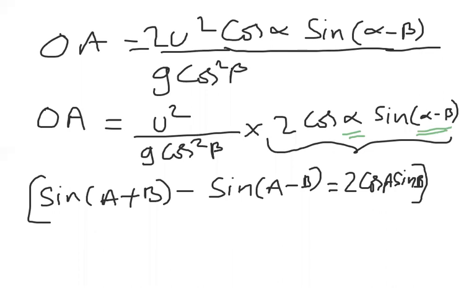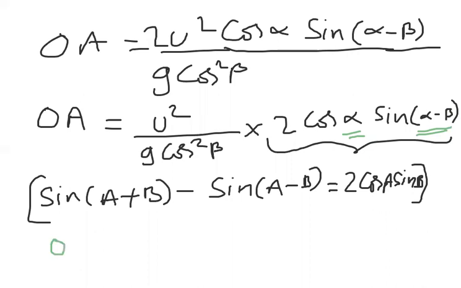So here, beta, carefully observe. In the place of A, I am taking alpha. In the place of B, I am taking alpha minus beta. So now if you substitute this, wherever A is there, alpha; wherever B is there, alpha minus beta. In the place of A you put alpha, in the place of B you put alpha minus beta in the above expression. Check carefully what we'll get finally.